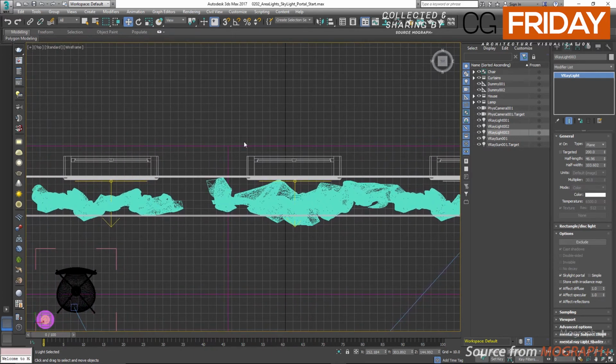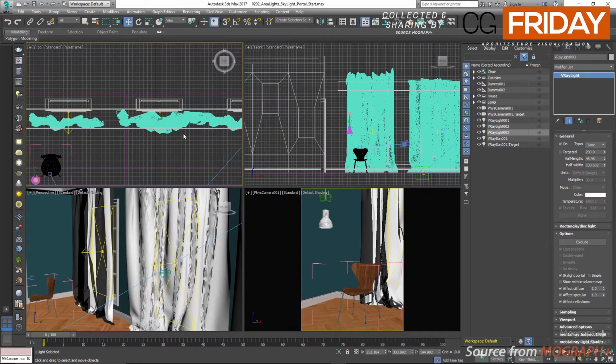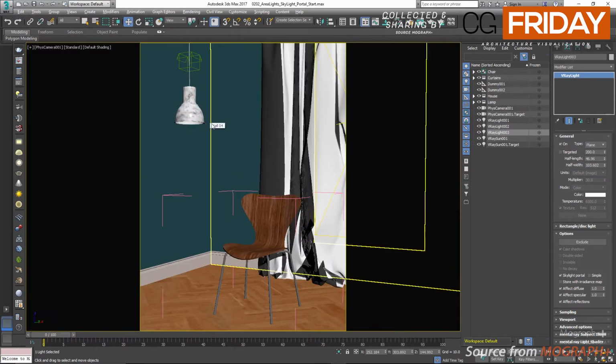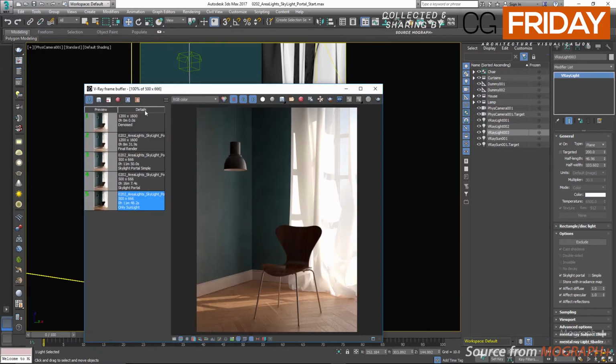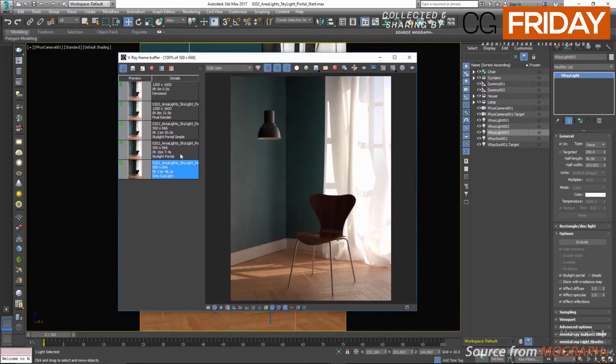Okay, now we have 3 Skylight portals in our scene. Let's get back to our camera and see what the render is going to look like. Open up V-Ray's virtual frame buffer, and this is the render with the new lights and Skylight portal enabled. As you can see, compared to our previous render, it's quite brighter and more realistic. Also, the render time has increased by about 4 minutes, but the result is definitely worth that